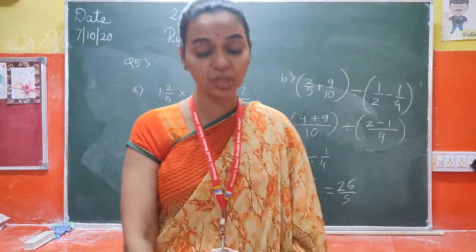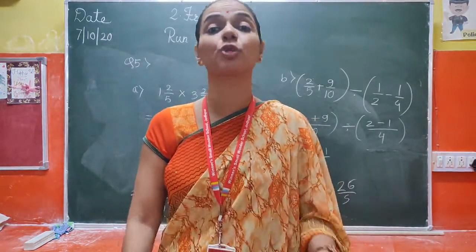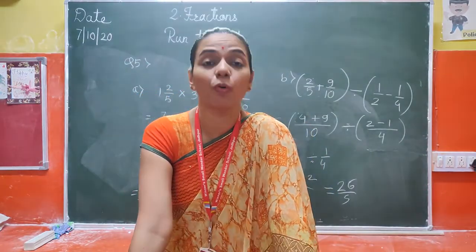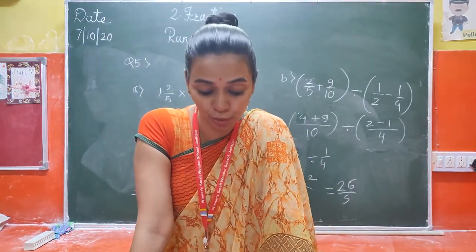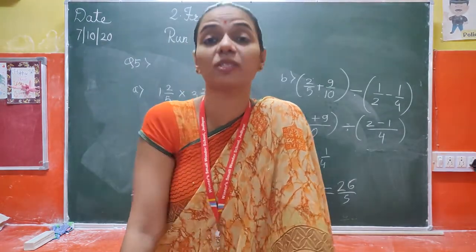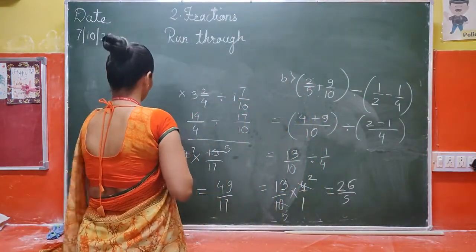Now what you have to do is solve the whole of question number 5, and when I provide you the PDF, you'll check the answers. Now we'll go for question number 6. Himani bought 4 by 5 kg of sugar. She used 3 by 4 of it to make some dessert. So let us solve this. So Himani has bought some amount of sugar, and what is it?